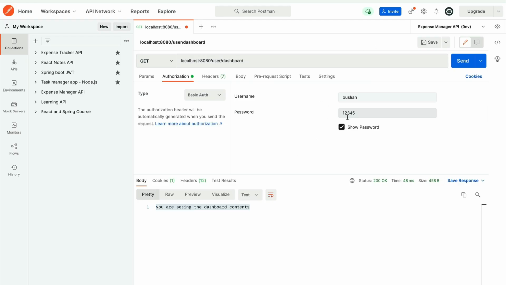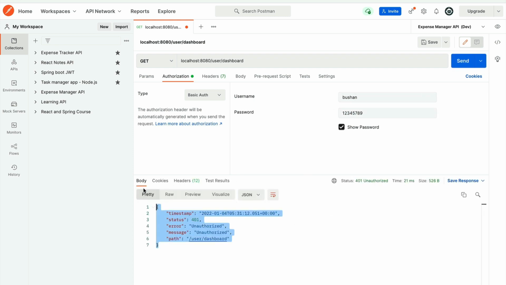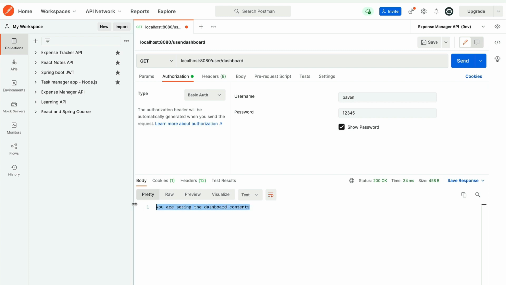Now let me enter wrong credentials, let's say Bhushan 1234567. The moment we click send, we get unauthorized, which means we are not able to access this URL. Now let's provide one more user's credentials, which is Pawan and 12345. The moment we click send, we get the message you are seeing the dashboard contents.